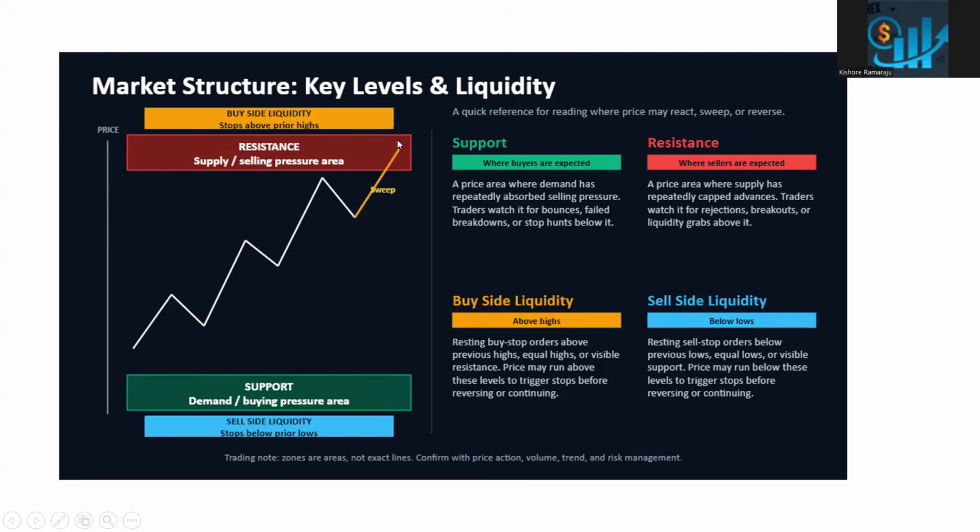So now they know that people have a lot of breakout orders, right? Whenever it breaks out, there are a lot of orders sitting there. So the market makers will intentionally put a lot of money to bring Tesla to 452 or 453, right? There is a resistance here, but they will take it a little further up, so that immediately all these orders placed by the retail traders above the resistance get filled. Immediately it gets filled, and you will see a major drop there, right?